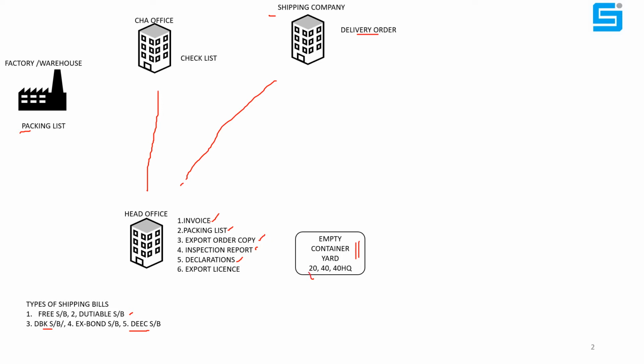It may be a 20 feet container, a 40 feet container, a 40 feet high cube container, or an open top. This depends on what commodity they are exporting. It may be a refrigerated container. There are many types of containers. Before taking the delivery order, he has to declare which type of container is required. In the delivery order, the exporter's name, the CHA's name, and the type of container required are all mentioned. He goes with the delivery order to the transporter, picks up the container, and the container is sent to the factory for stuffing.